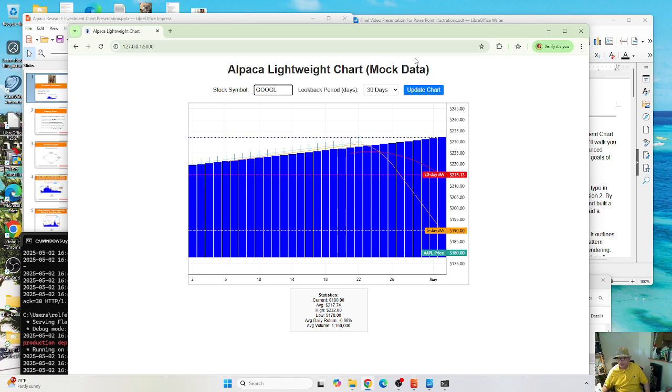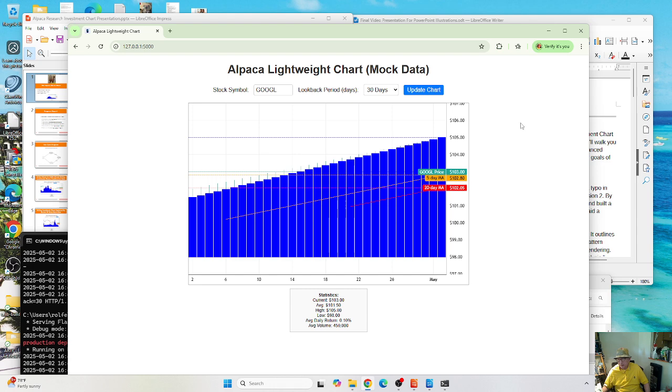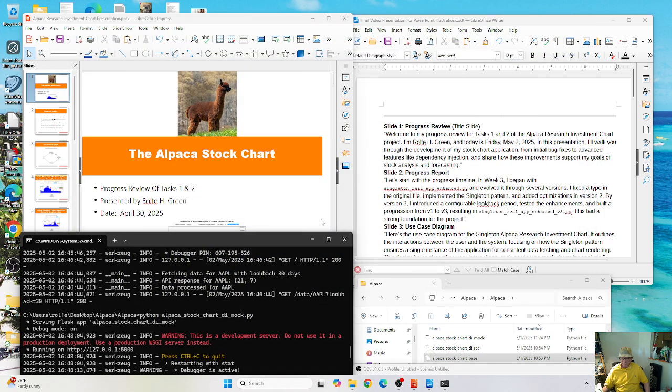And we can update the chart 15, 30 day, 90. So this is the Google prices using the mock data. I just wish to illustrate to you these charts are working using the dependency injection. I'll close the chart now, and we'll get on with the presentation, and I'll additionally close the command prompt using